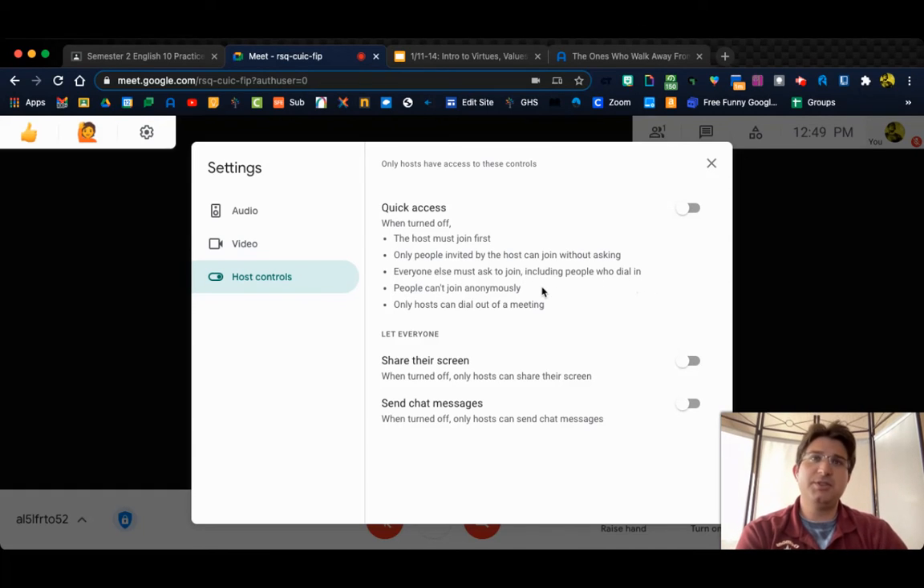That way you can't join anonymously, and you can't dial out of the meeting to call your friend's phone so they can start screaming. There's a lot of things students can do in Google Meets because it's not locked down that is obnoxious. If you do this, but you still want kids to be able to join freely,